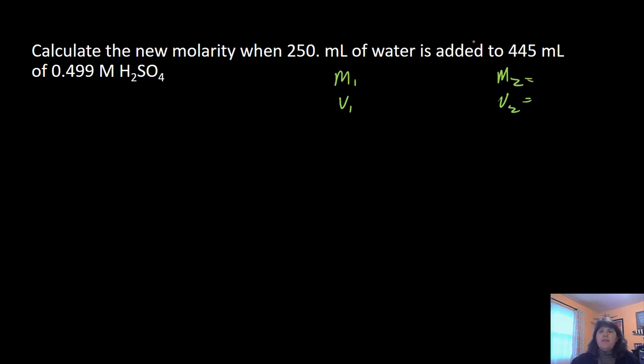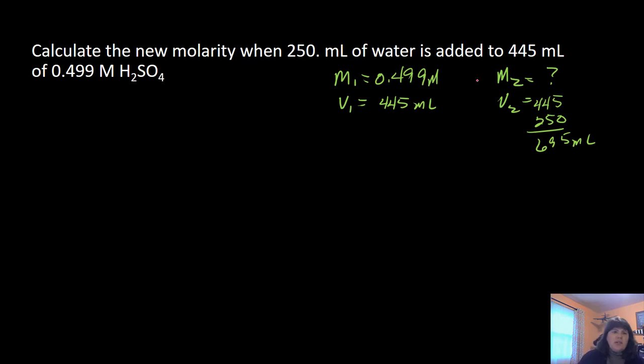We need the new molarity when 250 milliliters of water is added to that many milliliters, so 445 milliliters, M1 is 0.499, and V2 again, we have to add both of these, so 445 and 250, 695 milliliters. Our equation, M1V1 equals M2V2, solving for M2,